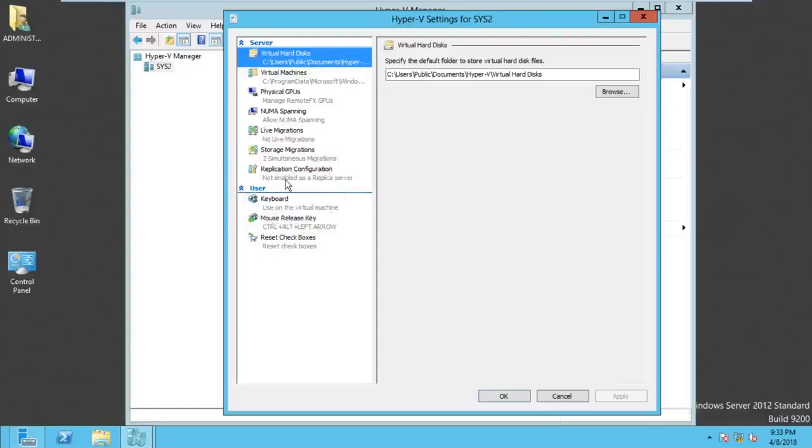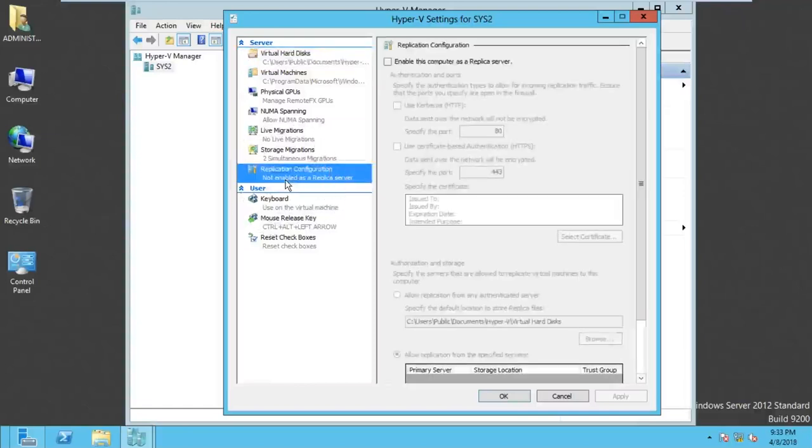So write down, select replication configuration. Now once you select replication configuration, on the right side,